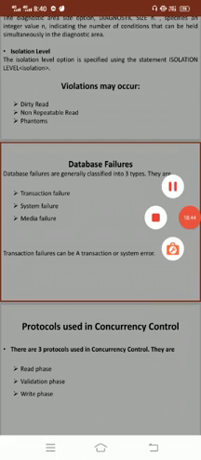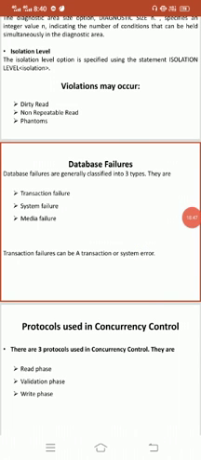For example, in a banking database, if there is no amount in your account, it automatically shows insufficient account balance. If you want to withdraw the amount from that account, then your transaction is going to be cancelled. The concurrency control method may decide to abort the transaction or to restart it later. That is called transaction failure. The second one is called system failure.